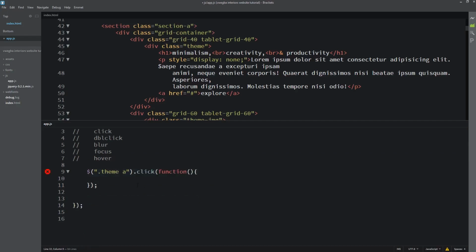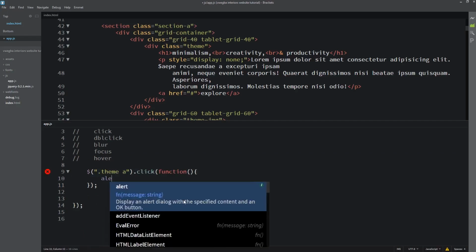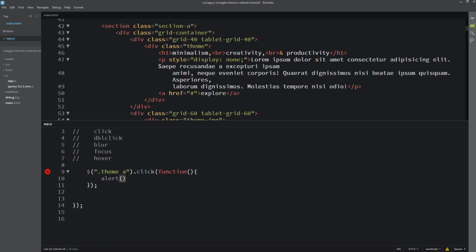We already talked about click before. I'll call alert here and write something like "I click button".